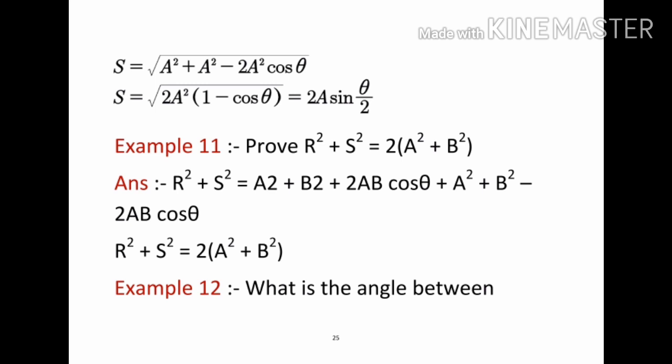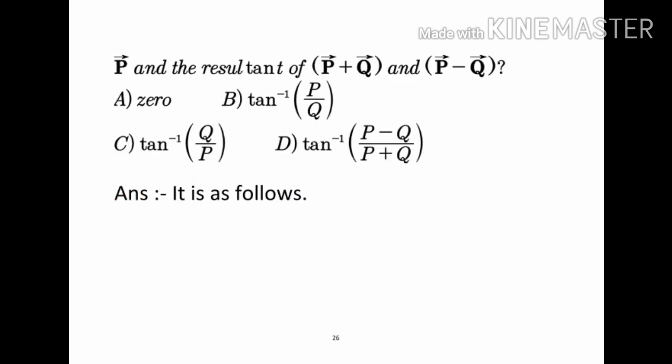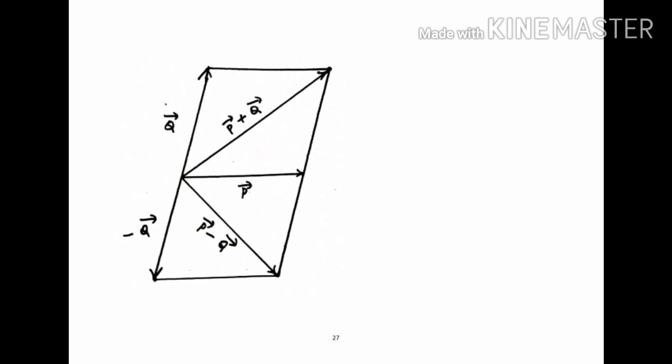What is the angle between P bar and the resultant of P bar plus Q bar and P bar minus Q bar? For them the options are given as: option A, 0; option B, tan inverse P by Q; option C, tan inverse Q by P; and option D, tan inverse of (P minus Q) by (P plus Q). And to solve this we are taking a diagram, and that diagram is like this, and P bar,